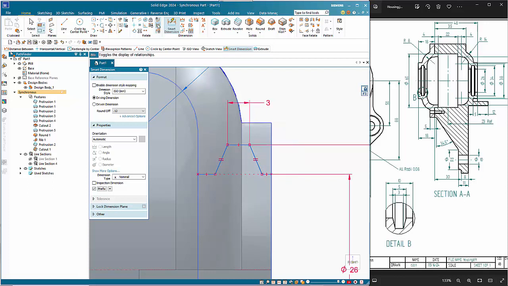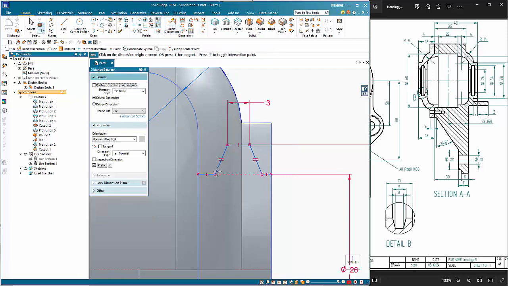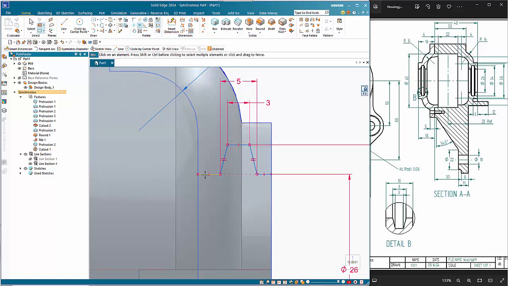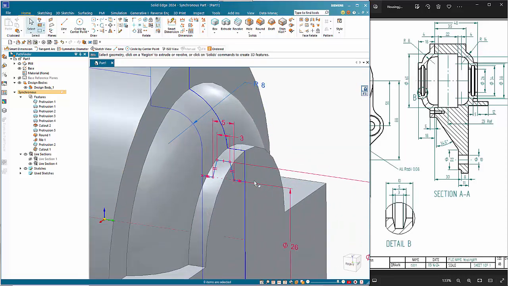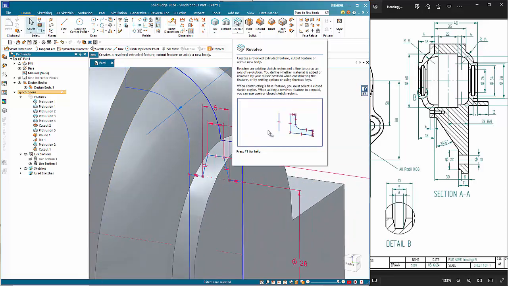And distance between is probably the better dimension to go on here. Endpoint to endpoint. And this wants to be 5. And then we can just specify that these two need to be equal as well, and that will centralize it. So like we did before, we can go back to our revolve,